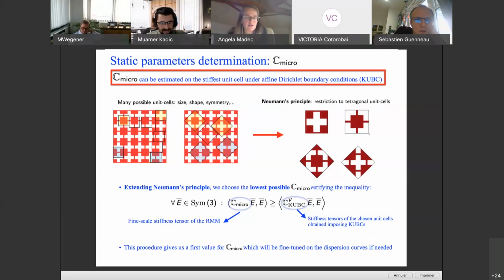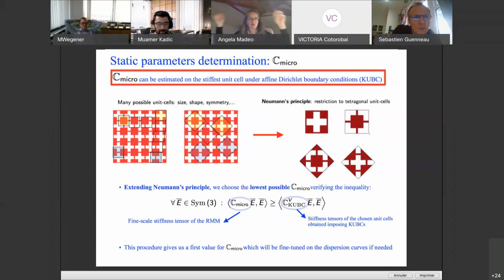No, I'm not sure I got the question, sorry. So the point is you cannot just apply forces. You have to apply forces and displacement. No, either force or displacement. Yes, but then you are violating somehow the infinite conditions. Yeah, exactly. We are not infinite. We are here just on the unit cell. We are not making